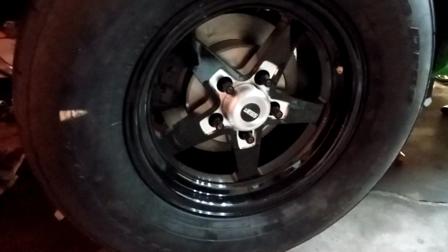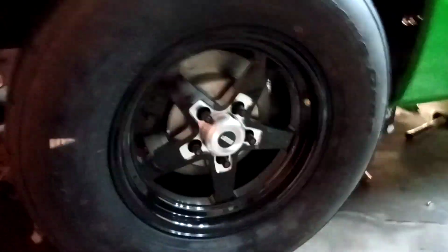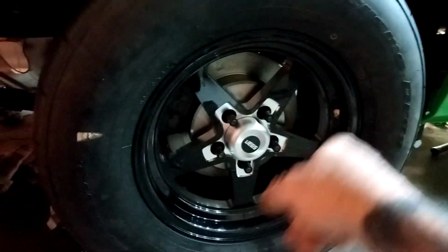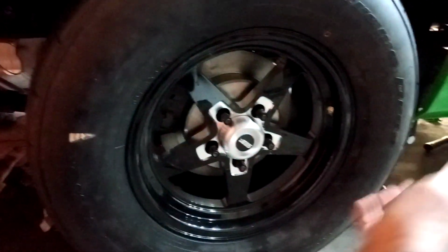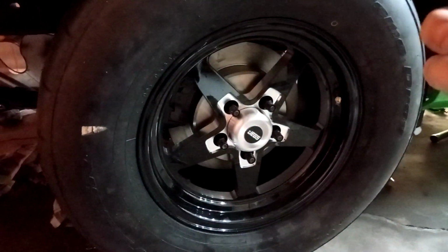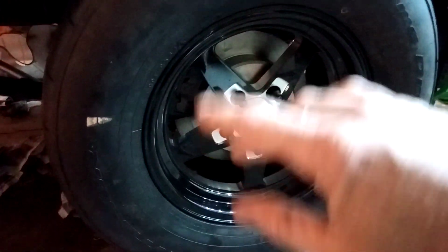Then once you get the wheel on, just take your rag with a little rubbing alcohol if you're worried about the tire slipping or something, and just run around it and pull the Armor All out. Don't use Simple Green or something like that, because it can mess up the finish on your wheels, especially if they're a bare aluminum or polished aluminum wheel. It'll dull it. Just take some real rubbing alcohol, rub around it, wipe the Armor All off, and then you can air them up. They'll kind of pop a little hard when they go on the wheel, or you can air them up, then go in there and wipe them off